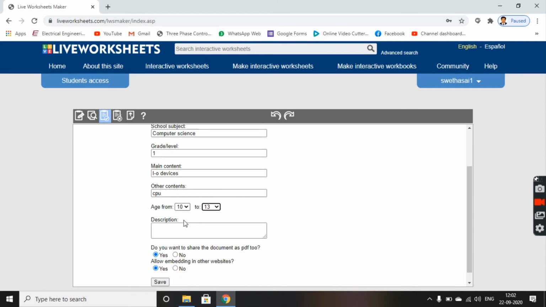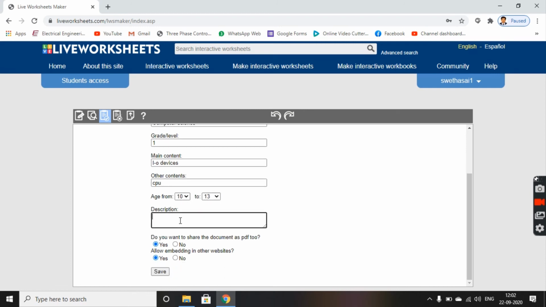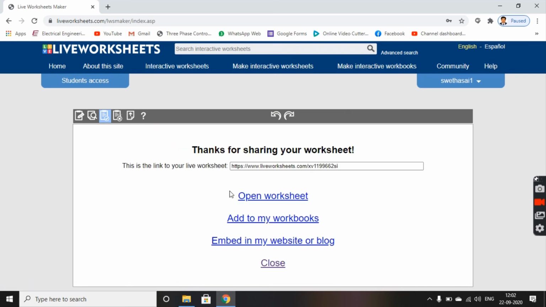and other contents I'd like to write some, fill it randomly or according to your worksheet. I'm doing it randomly here, and then description, fundamentals of computer, and then click on save. So my worksheet is saved in the website. So if you want to share this worksheet to the students, click on open worksheet.